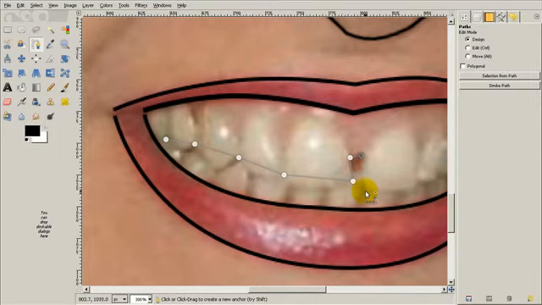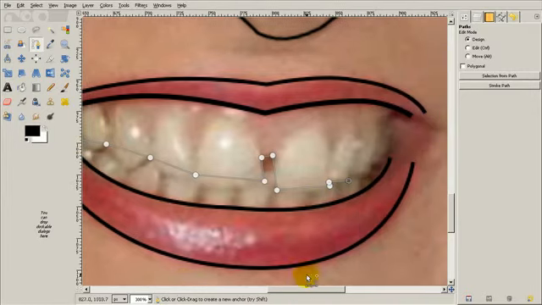So that goes kind of like that. Then we're going to go up. This goes pretty much in a straight line up, so I'm going to mark up to there,